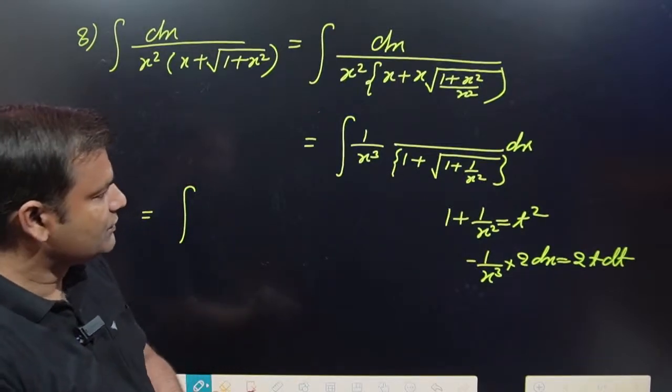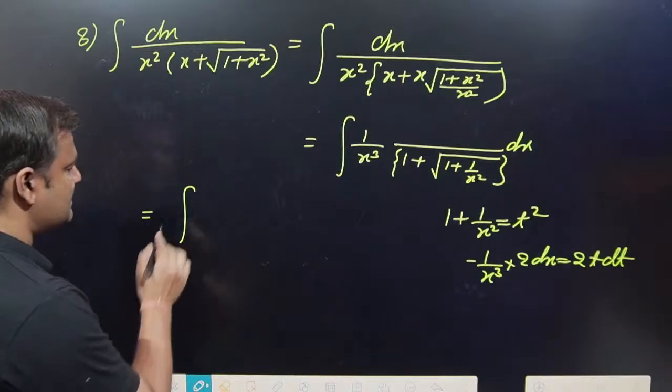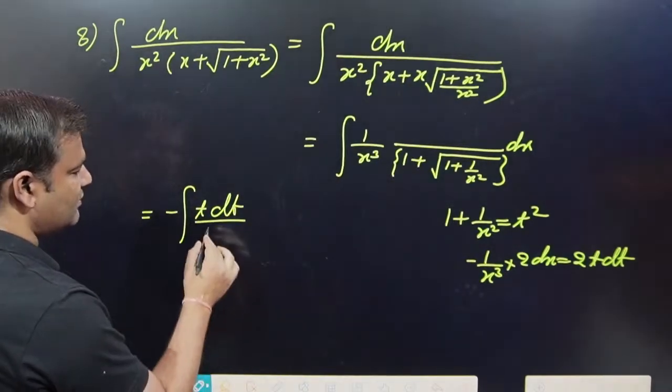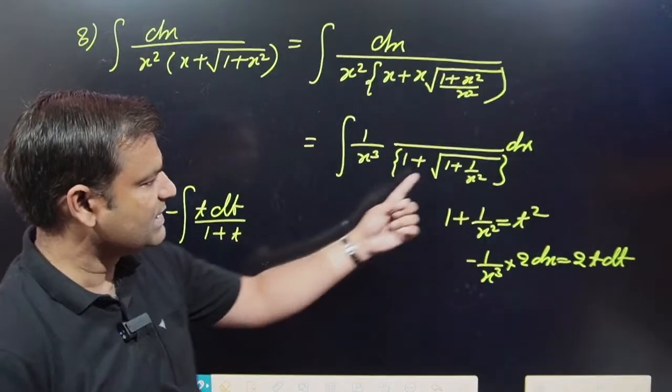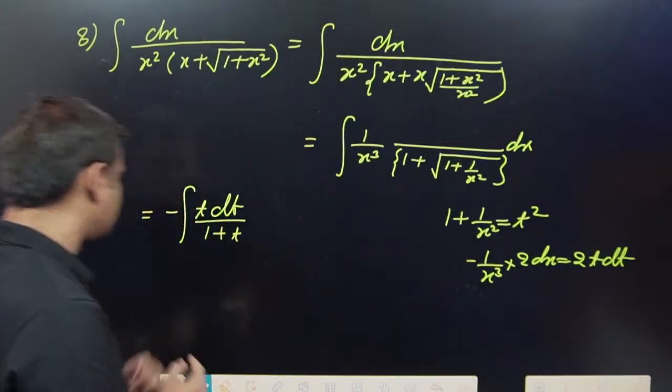So 1 by x cube into dx is replaced by minus t dt divided by 1 plus t. If this one is replaced by t square, basically under root t square, basically t, so finally